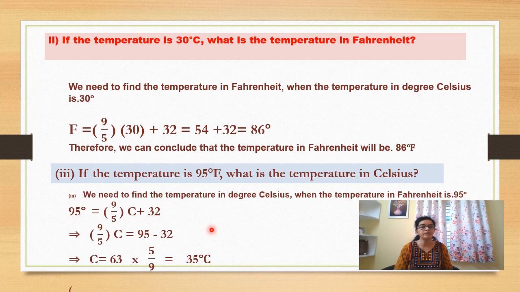I told you also previously that we will find two more coordinates, which is already asked in the subparts of the question. So this information can be useful to plot in the graph. We had already plotted two pairs. One was 0, 32, another was minus 40, minus 40. Now you can use this information also. The third pair you can use is 30, 86 and the fourth one will be 35, 95. So you see you got four pairs. And without consuming more time, you have just used this information in the table. So this is how you can save time while doing sums during exams.